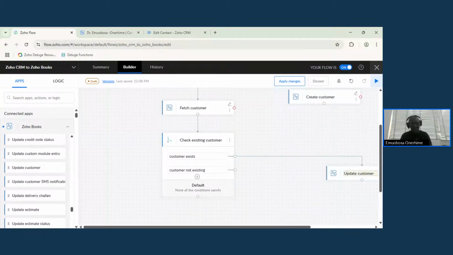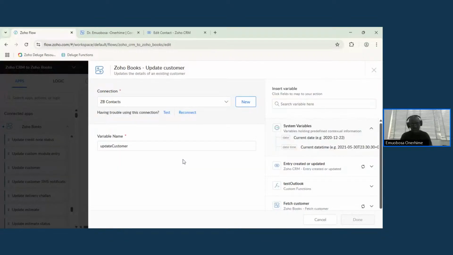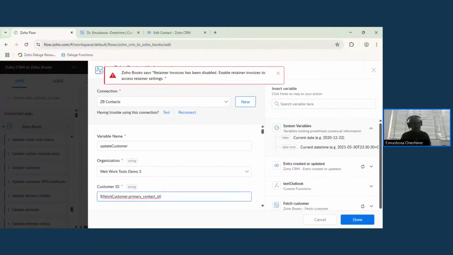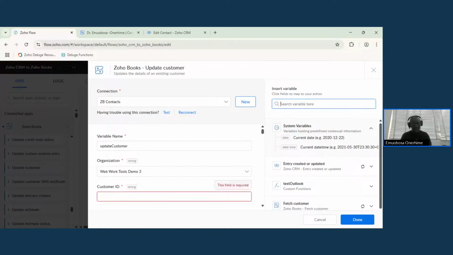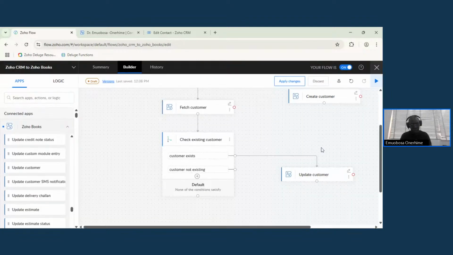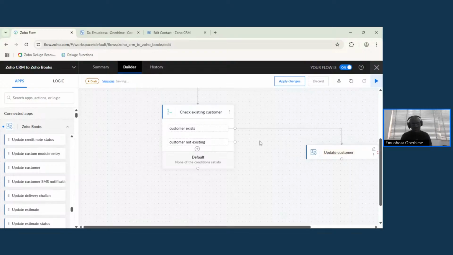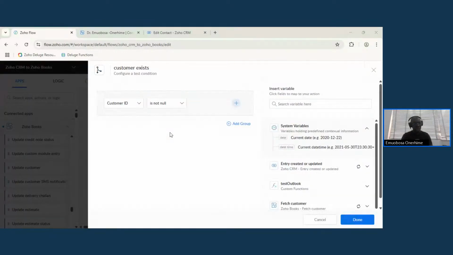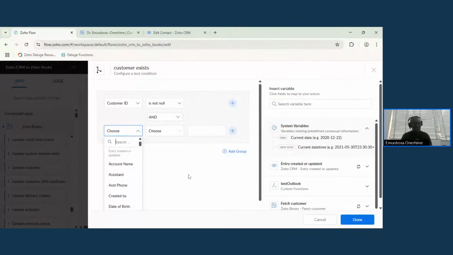Okay. Then for update customer, I'm going to use customer ID. So I'm going to say customer ID. Okay, so this updates customer. Then for new customer, I know some of you would have used the alternate logic, but there's a reason I'm not using the alternate logic. And the reason is I want to introduce another condition for each of these logics that says that